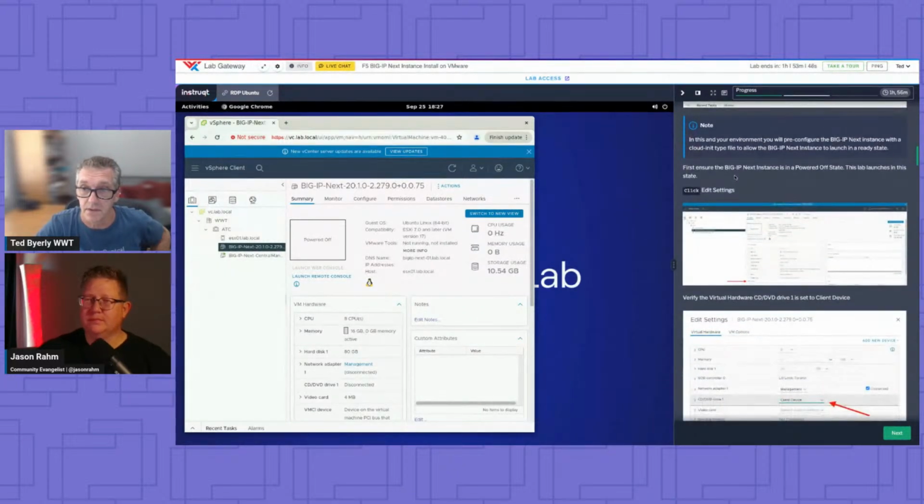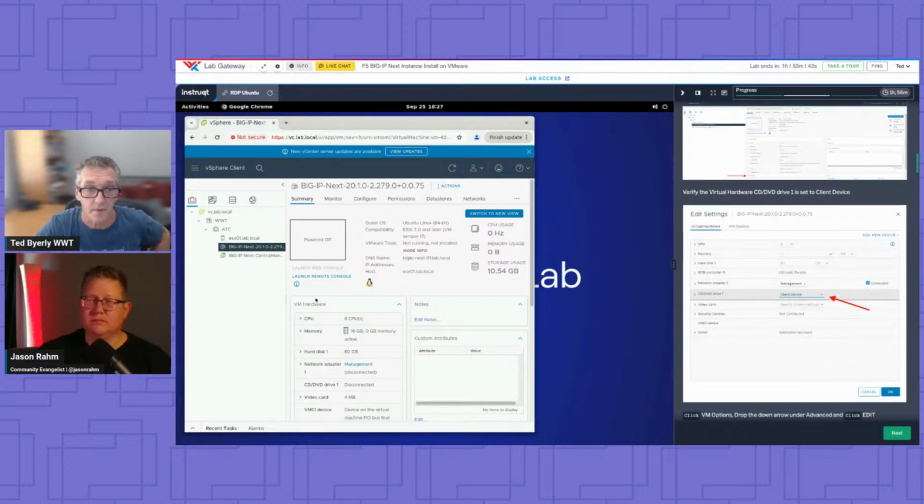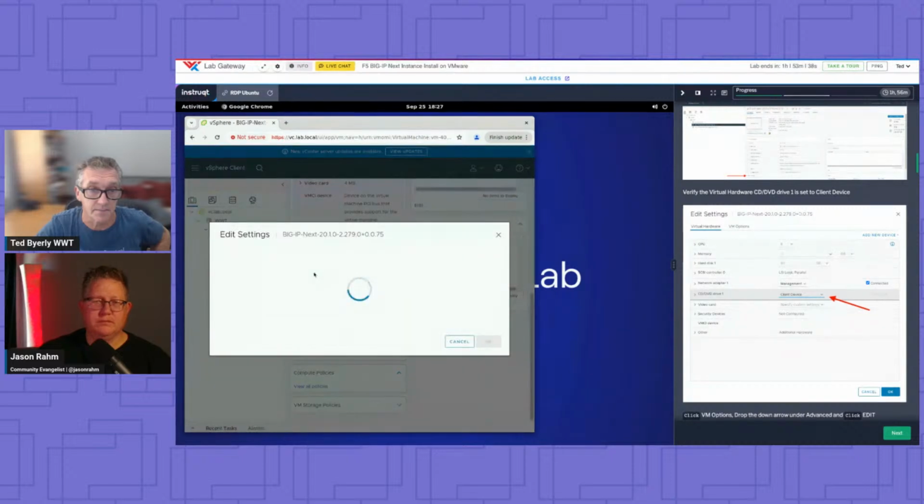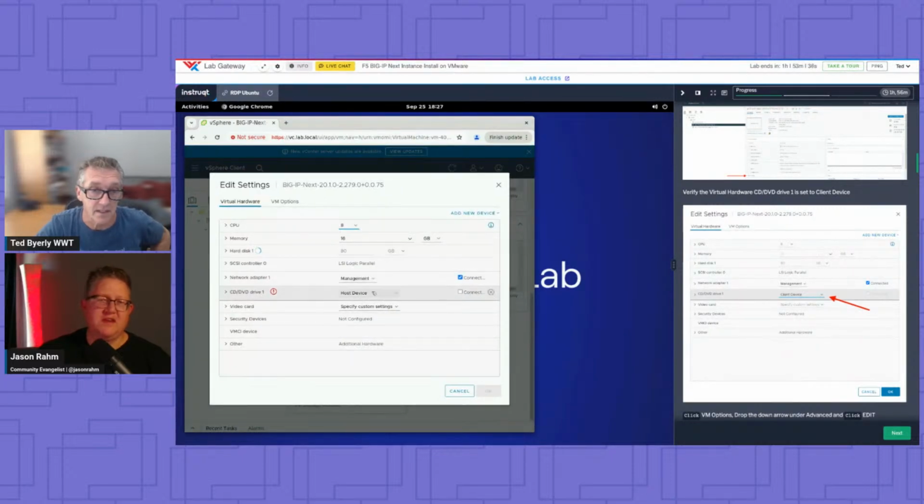We're going to edit this instance first when it's in a powered off state. So we're going to go down to the hardware page. We're going to edit settings. And in this case, where you got to this point is you just deployed the OVF template, right? I've just imported the OVA. So yeah, it's imported and off, just into vSphere.